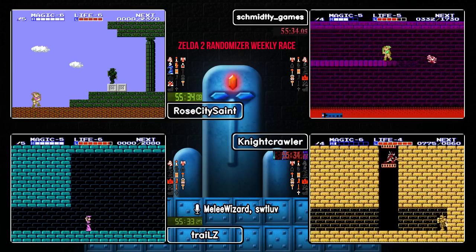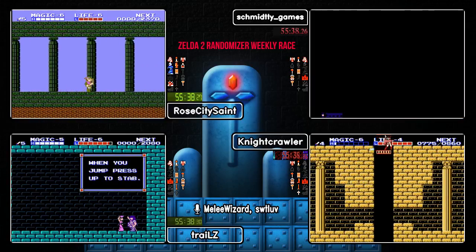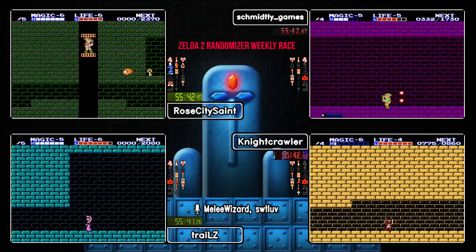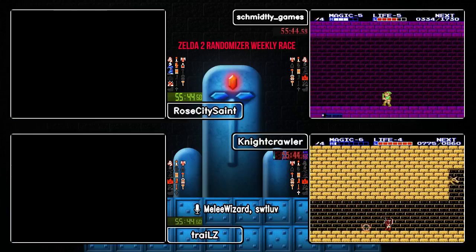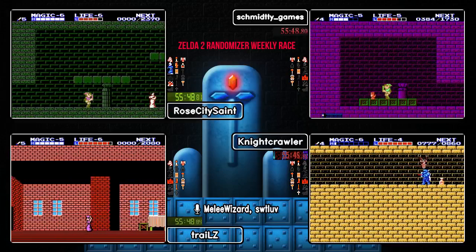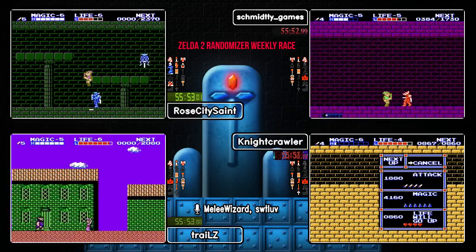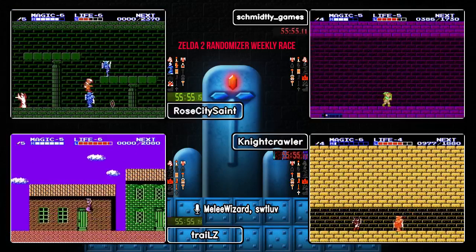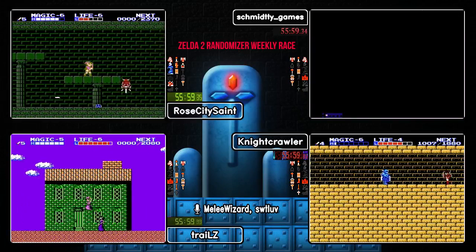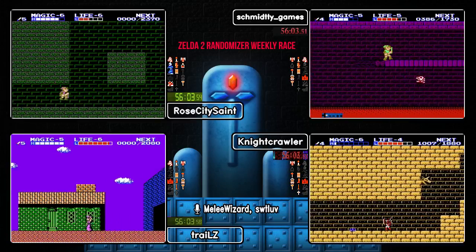More left. Ooh, and Rose City Saints diving into 6. Yeah, not too much left to go. It's 4 and 6. I think that's about it, right? Yeah, 4 holds the big item, the hammer, but Rose City Saint hasn't been to Maze Island yet. Huh? No, and the fact that he's pretty much gotten everything without getting the hammer first, because the hammer led